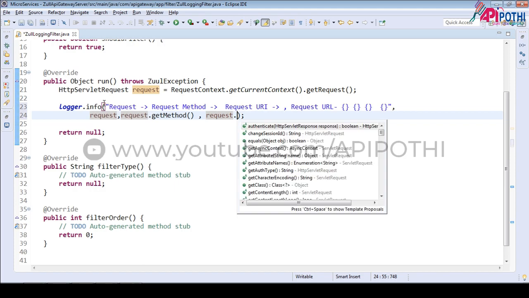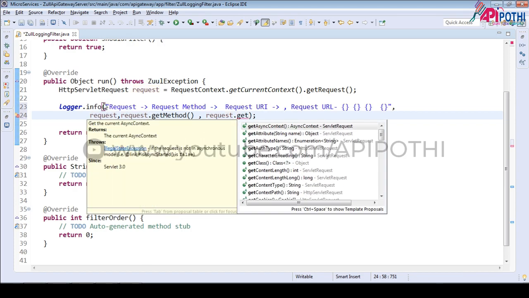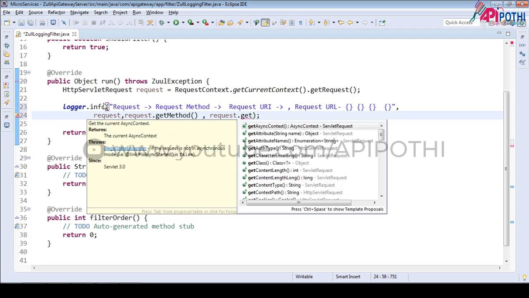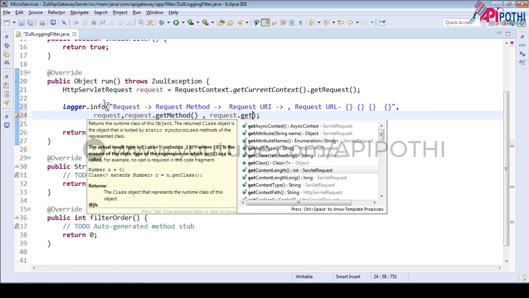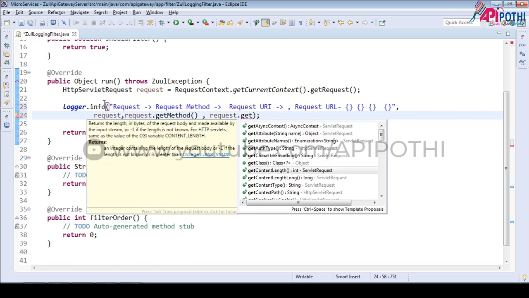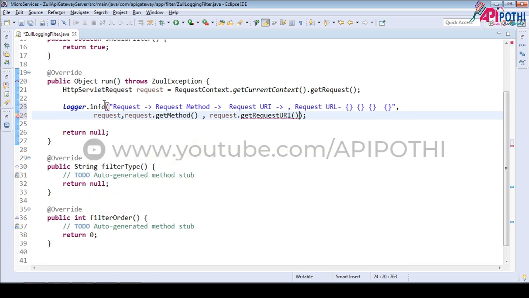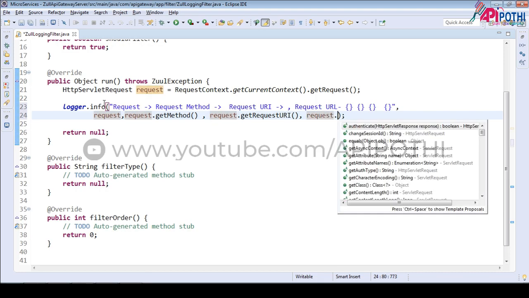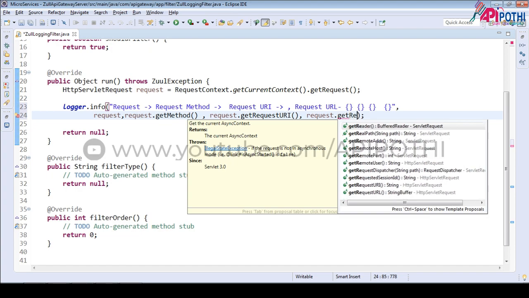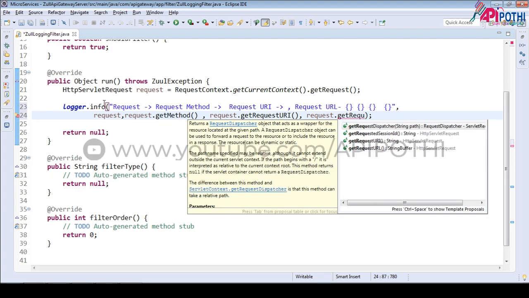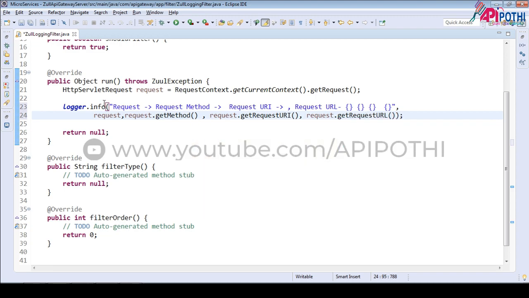Third one, request dot getRequestURI. Here it is the URI. Fourth one, request dot getRequestURL.